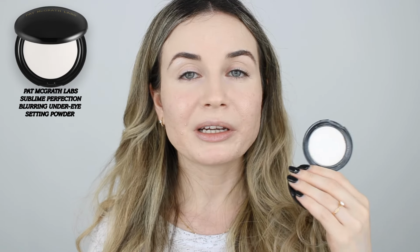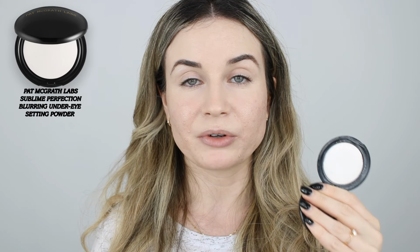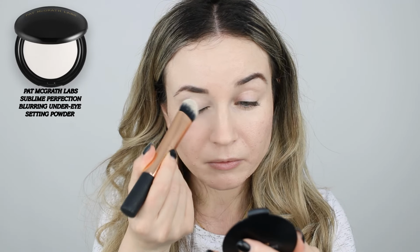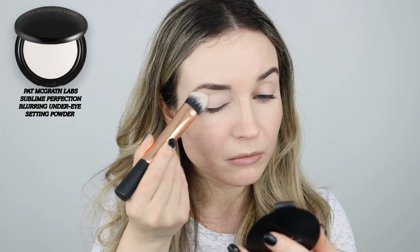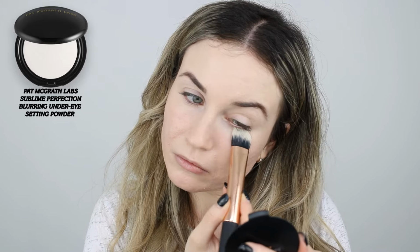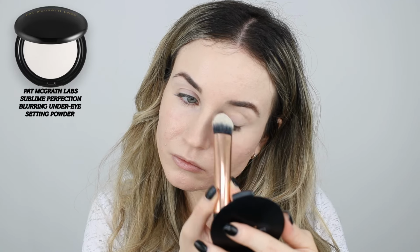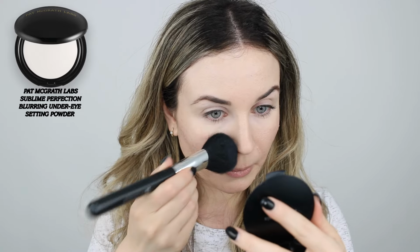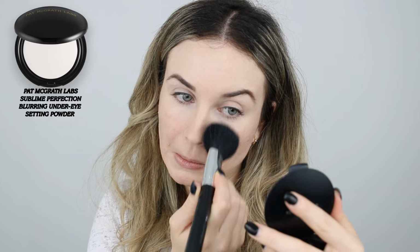And next I'm going to use my powder to set everything in place, and I really like this McGRATH Labs Under Eye Powder. I really like this powder because it sets everything in place very nicely, blurs, and my makeup will not look cakey. I didn't use any powder in this area because I'm going to use a stick bronzer for today's video,